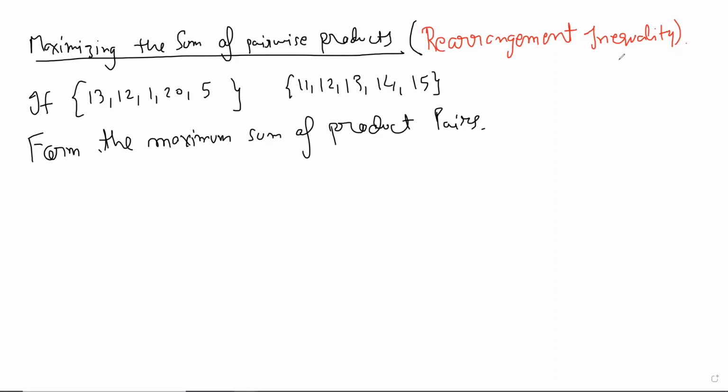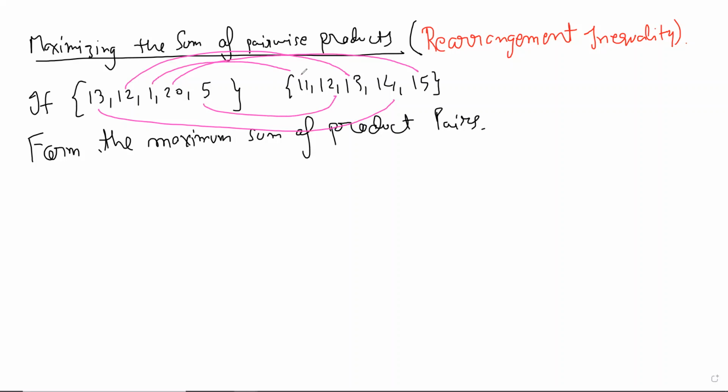What do you think, how do you pair up the elements so that the sum of products is maximized? Yes, right? So that is the intuition. Do you see the intuition of why you should pair the biggest with the biggest? Now obviously we don't know for sure, but it seems like this is the right thing to do. And then 12 is the second. No, so this is wrong. 20 is the biggest, so you should pair it with the biggest. And then you have 13, so you pair it with 14. Then 12 you pair with 13,